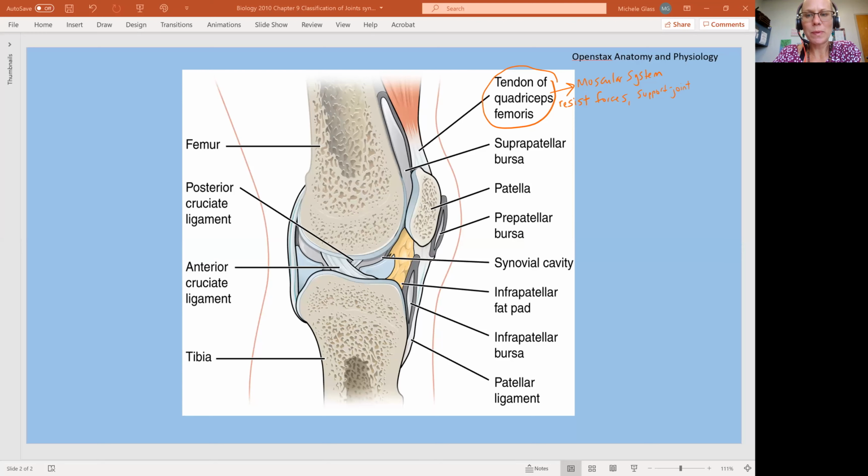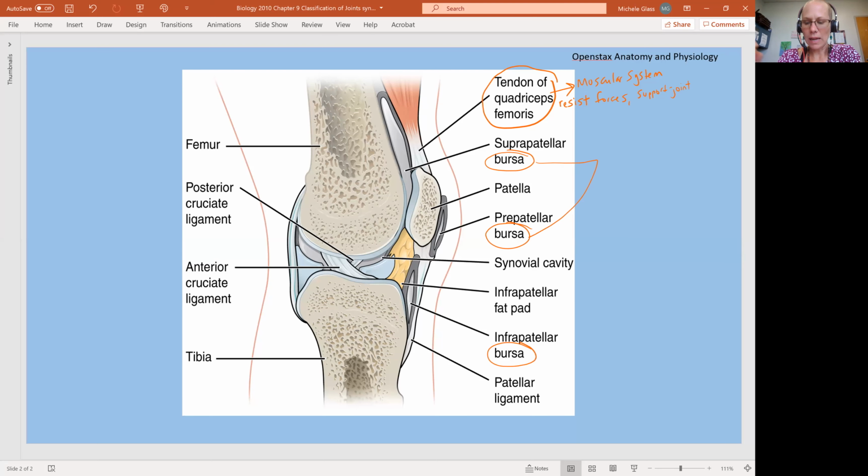Okay, so we see the suprapatellar bursa. This is a pocket of fluid above the patella. We have the prepatellar bursa, a pocket of fluid on the superficial surface of the patella. And then we have an infrapatellar bursa, which is a pocket of fluid below the patella. These bursae, the plural form of the word bursa,